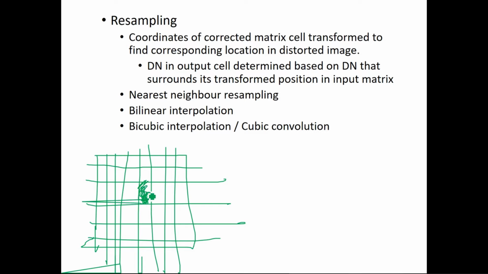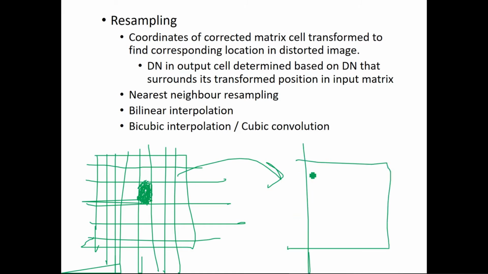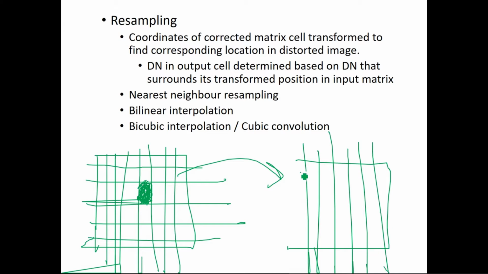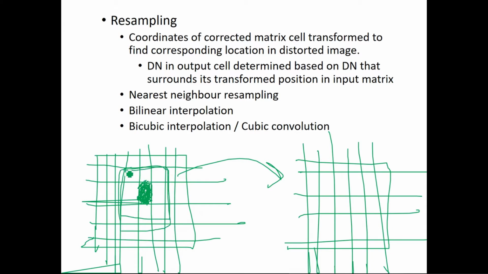Digital image processing is fed into the computer one pixel at a time. Suppose I am looking at this particular pixel, I know the DN of this pixel in the photo. This has to be corrected. After correction, I get another cell at the same location where that DN has to be corrected. So what I do is interpolate this DN based on the cells surrounding it. This method is called resampling.